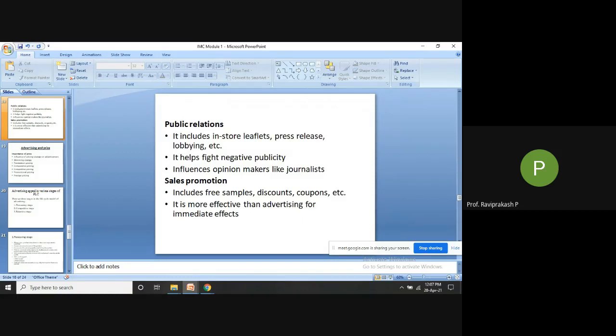Then influencers, opinion makers like journalists. If they have any questions, in these press releases they'll speak to the company. Whatever doubts they have, they'll clear them. They form a particular view in their mind, and based on that, they'll write an article stating whether it is good, bad, or okay. They try to influence the opinion makers. Why are they called opinion makers? Because their opinion is printed in mass or telecast, and you see it and get influenced by it.